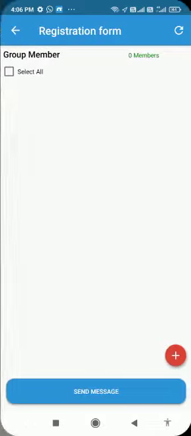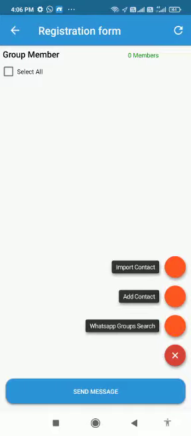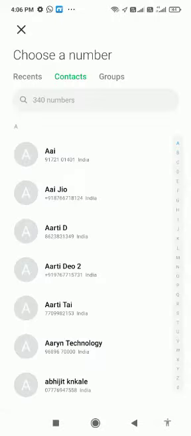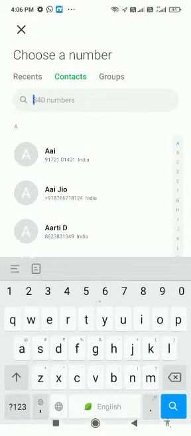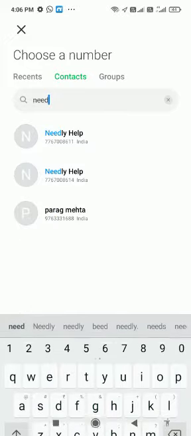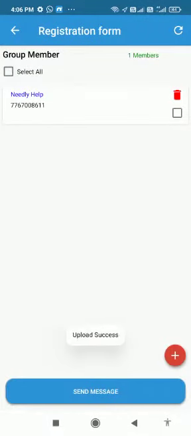Click on that form and click on plus button to add the contact. I am adding contact and a description is optional.